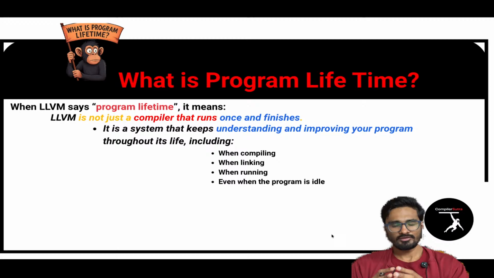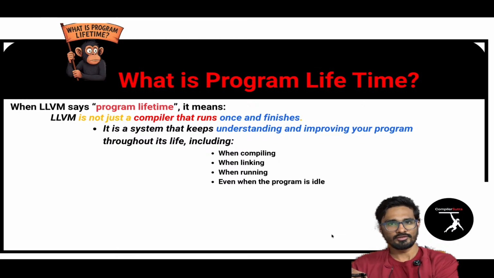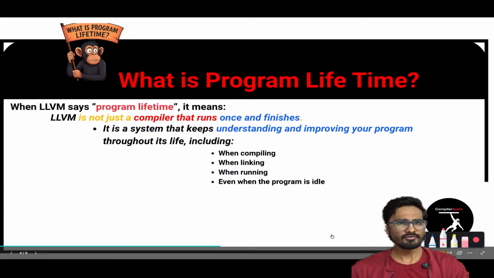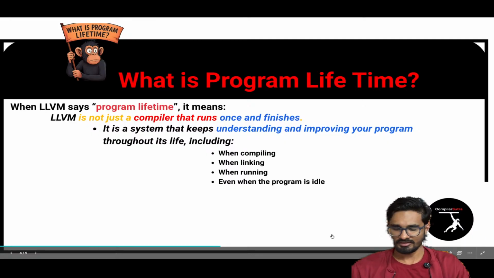Program life here doesn't mean execution, I'm not talking about execution. Program life in LLVM terms mainly means how the compiler is translating to exe, and in between what all transformations it is doing. So basically all the transformations of LLVM are done on IR, during the phases of compiling, linking, and running. When I say running here, I mostly mean PGO type optimization, which I will show you in upcoming lectures.